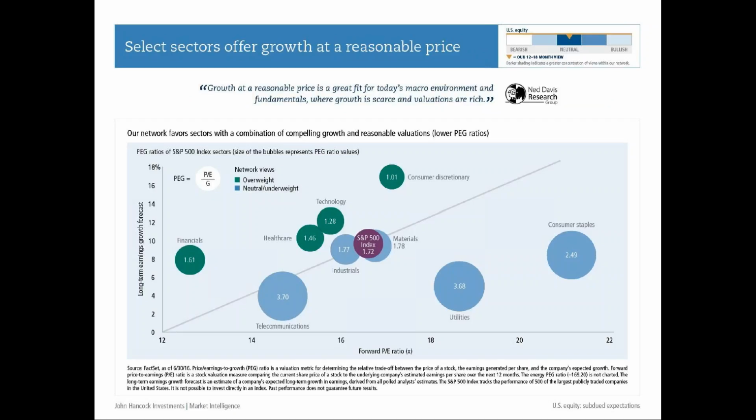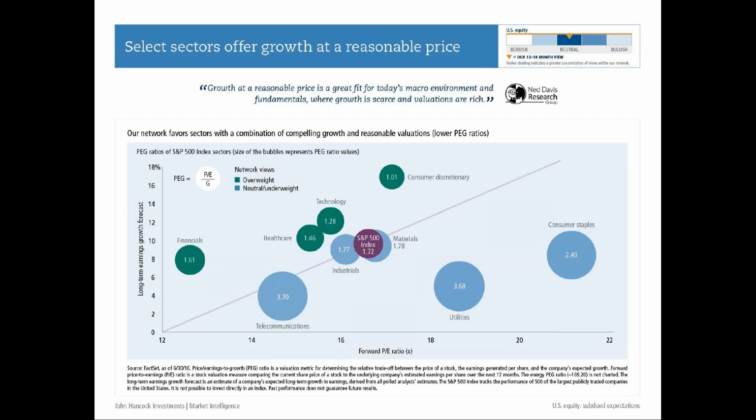Across those sectors we just talked about, we think there's select opportunities, and different strategies are going to have different biases or overweights or look at different sectors, parts of the market to invest in. And this is one place we thought was interesting to visualize that. So on the vertical axis of this chart, we have the long-term earnings growth forecast for various sectors. Now, the way to think about that is bottom-up analysts give a forecast for every single company in the S&P 500. And we looked at it for each sector, so we aggregated it up for the sectors.